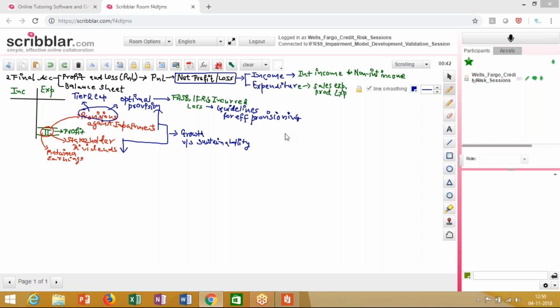Now, before I go further into provisions, let me come back to the second of the final accounts, which is your balance sheet. How would the balance sheet of a bank really look like? If you have a look into this,